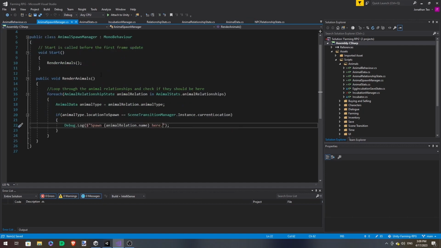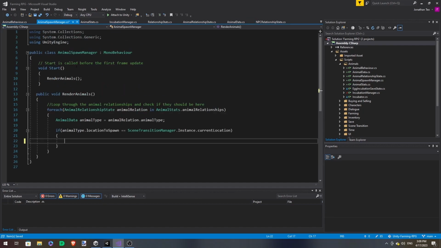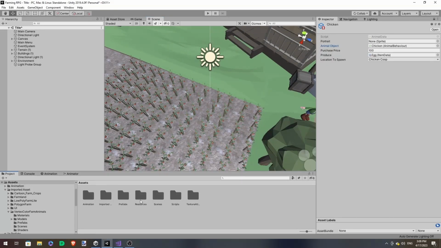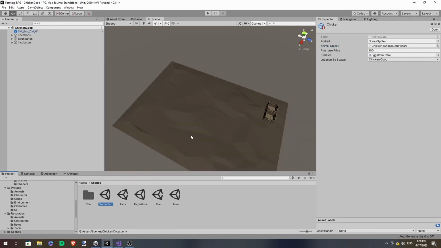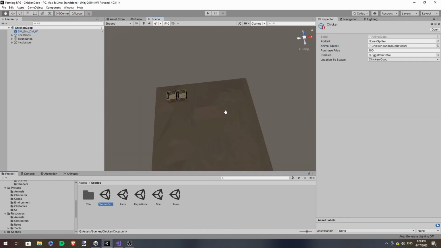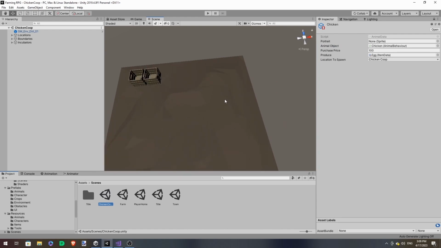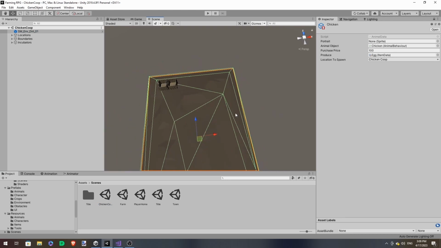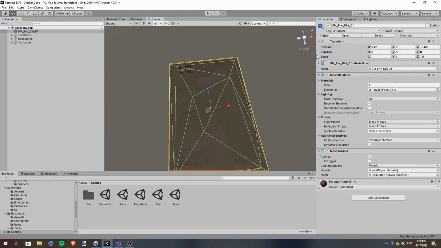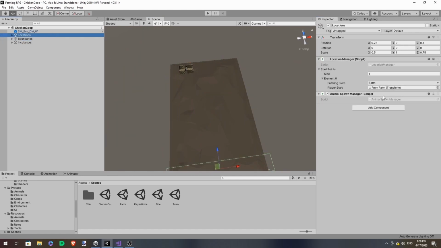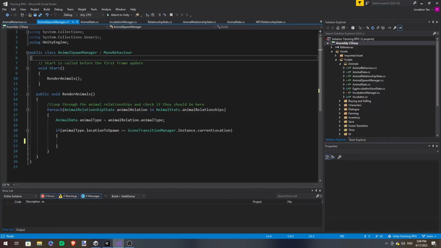Which we'll do over here. First, we need to decide where to spawn it. So how we're gonna do it, we don't want to just make it spawn all in one place. That would not be very nice. So we're gonna make it spawn randomly around the area. I'm gonna unlock this and have this.